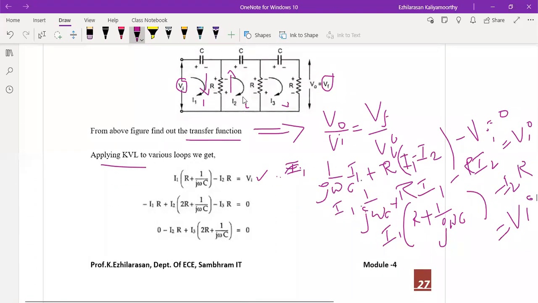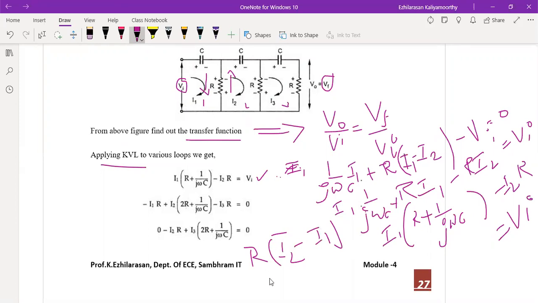Now go for the second equation. Same as this. What happens in the second equation now? First you can start from here, okay? We will start from here only. From here you can say I2 into, sorry, R into I2 minus I1, because on that side also current is there.